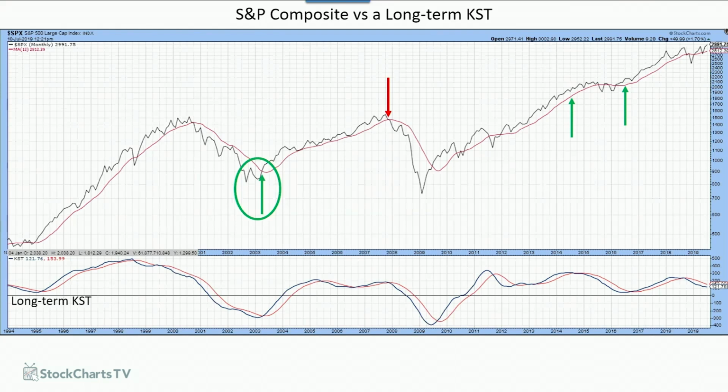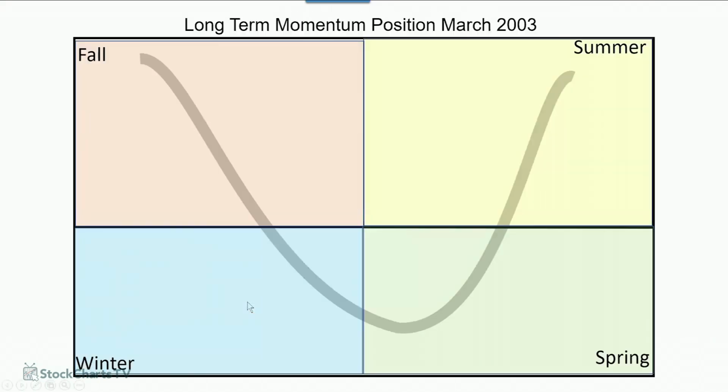Because if it is a bear market low, we would expect to see a lot of groups with KSTs in this position like here, so that we have a strong foundation for a rally. So here's our theoretical long-term KST, split into the 4 quadrants. And in all these